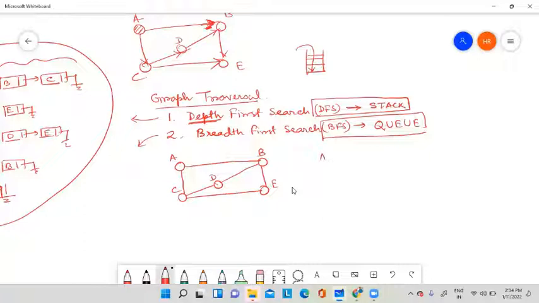So it will be like this: first node, then comes its neighbors B, C. Okay, then for B, what are the neighbors? Now how to represent this name? In some books the names are represented in alphabetic order, but normally what you should do,